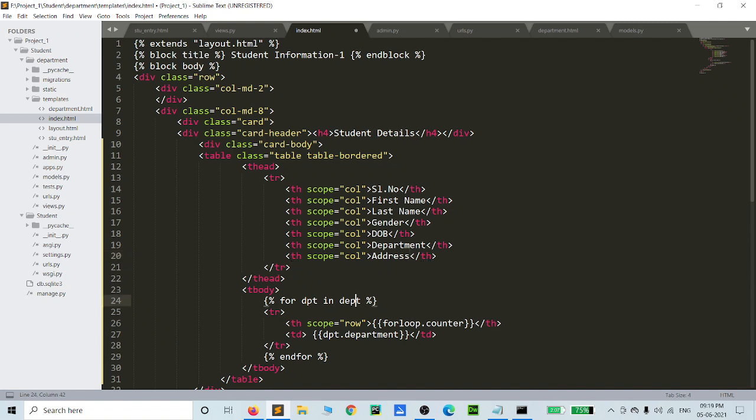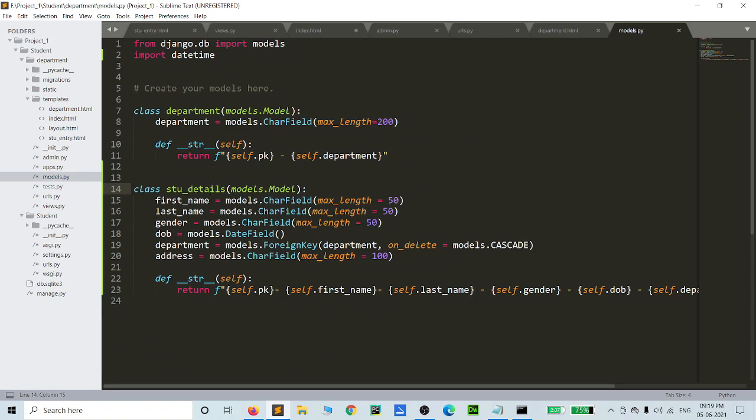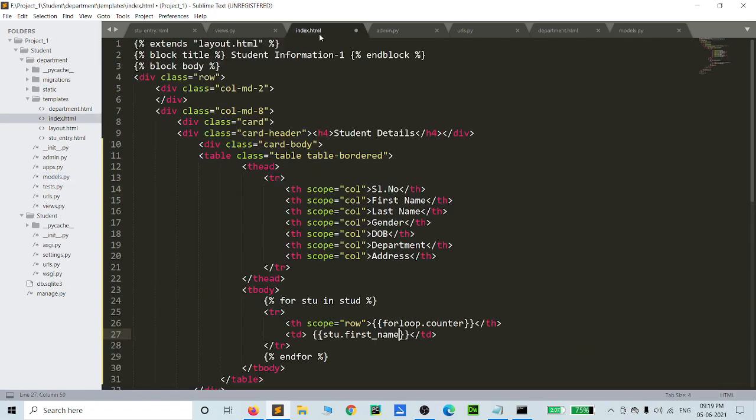Okay, so like that we have to add the student for loop, already told you, stu. The for loop counter, what is in our first section, stu dot first name. So don't forget what is given in the models.py. Yes, first name.